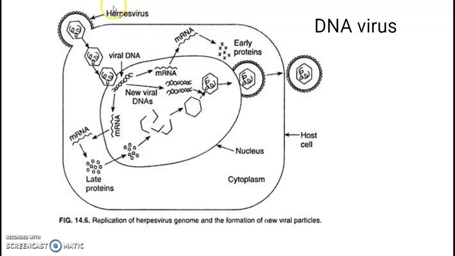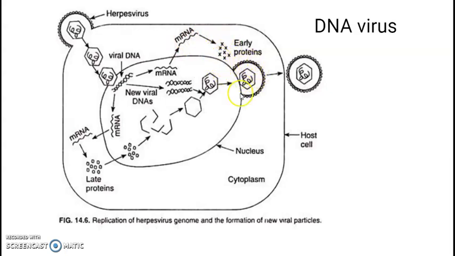These can cause a variety of diseases, with cold sores being one example of something caused by herpes virus. You can see this envelope basically fuses with the cell membrane, and that allows the DNA to enter the cell. This is the viral DNA. It then uses the host machinery in the nucleus to make new viral DNA. So it replicates the DNA, right? It also transcribes that DNA to make messenger RNA, and the messenger RNA is translated to make the viral proteins.